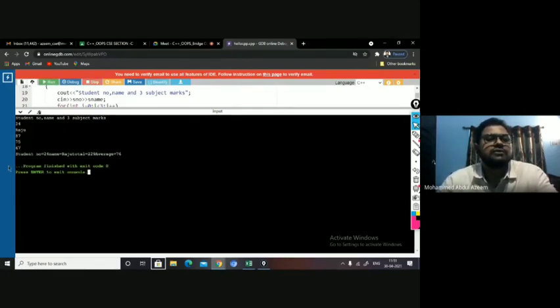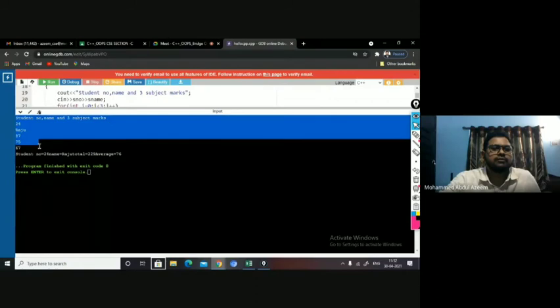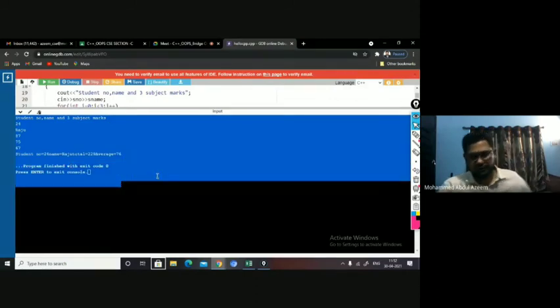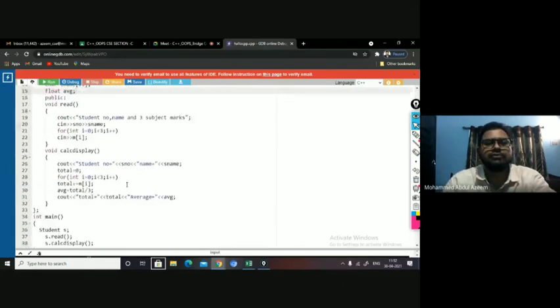You can see here student number is displayed, name is Raju, total is accumulated, the accumulation of numbers is done, then average percentage is displayed. Is it clear? Yes. You can see the output here, right? So this is how we are going to execute the programs, fine, in C++.